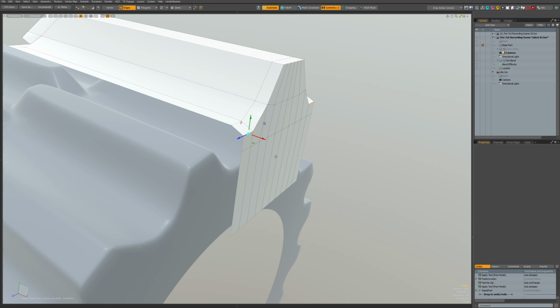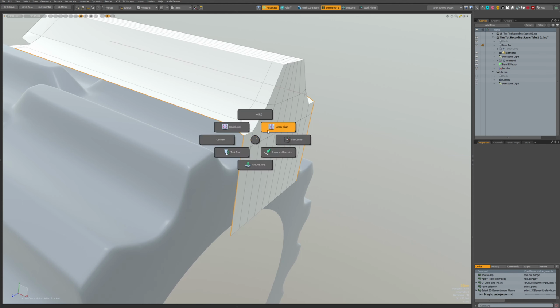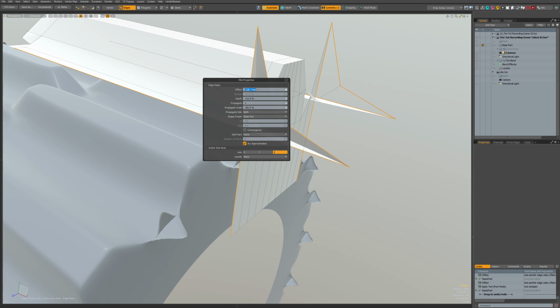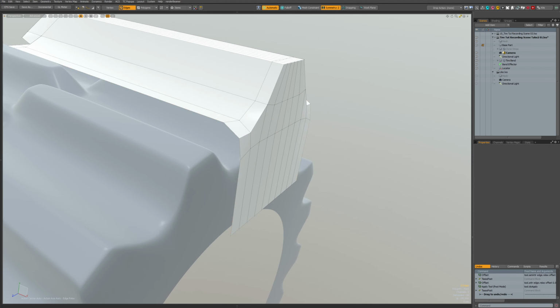So in here we can use actually this edge relax, and we have some very strange values.